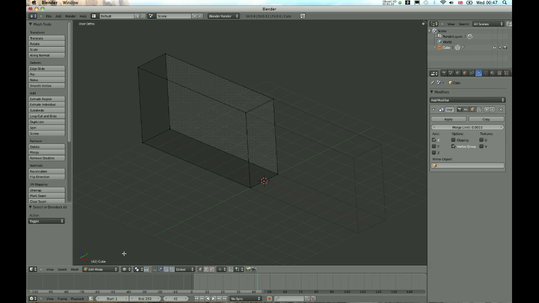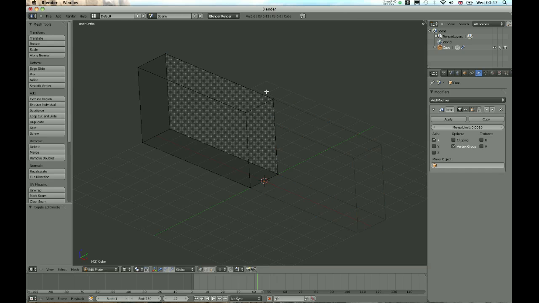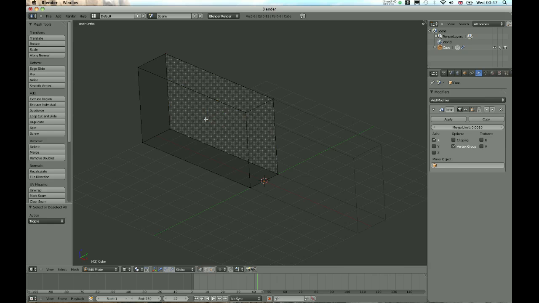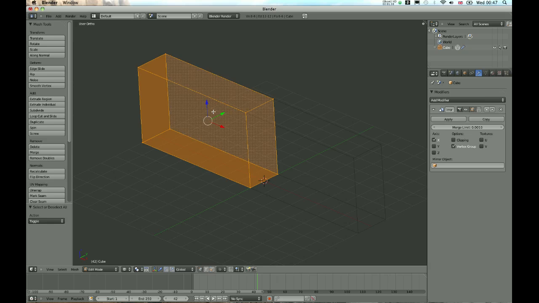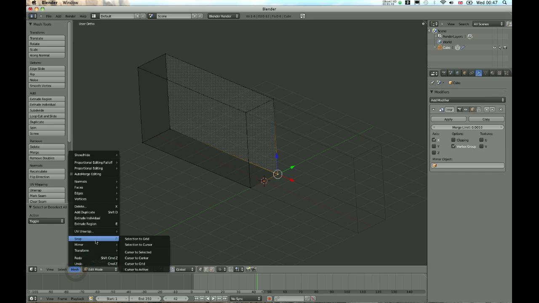Make sure you're in edit mode, so not the orange lines but the black lines with the vertices, faces, etc. If it's all orange like this, press A. A selects everything, deselects everything. Okay, so if it's orange, for this thing we need to be deselected. So go through those same steps as we did before. We right click on the vertex, we go to mesh, snap, cursor to selected,